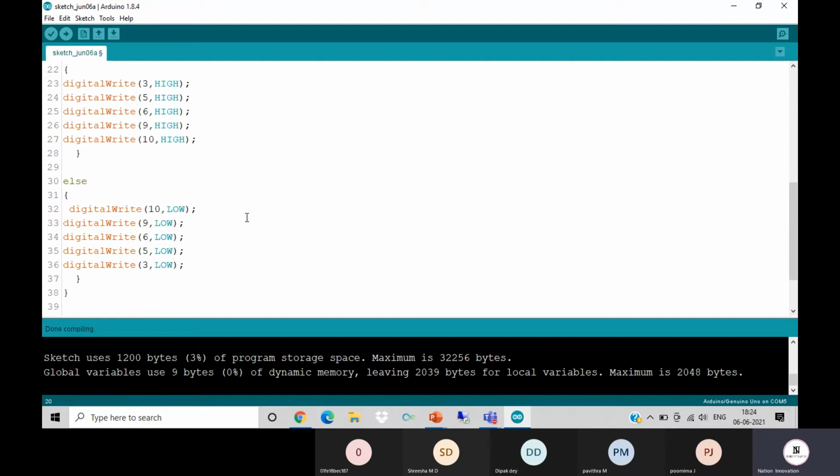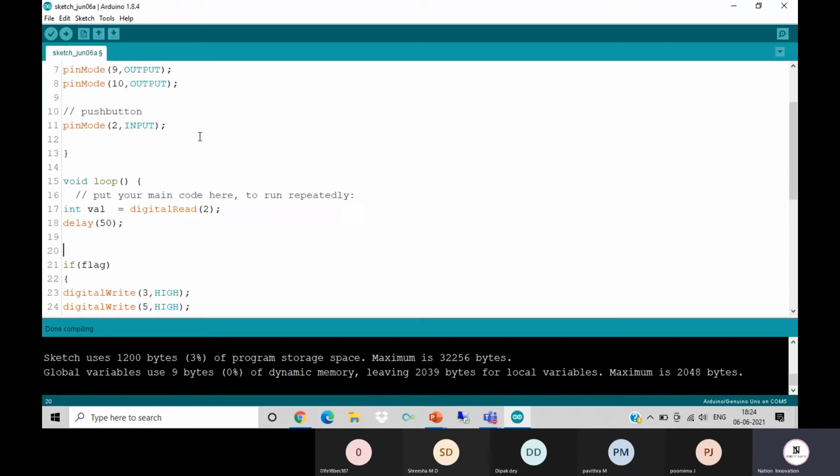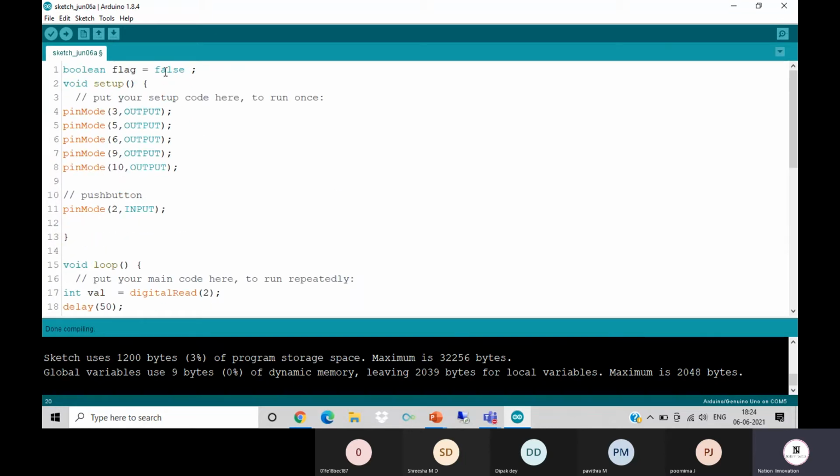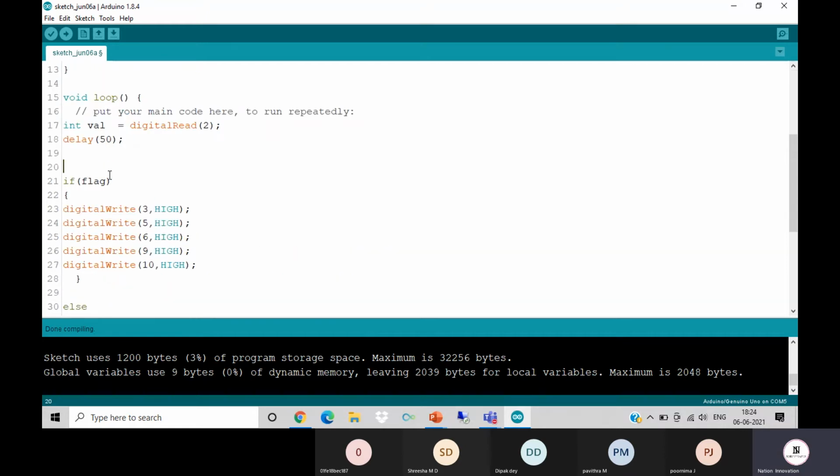Now how can we control this with the flag? It is going to tell us the status of the LED at present. If the flag value is true, that means the LEDs are turned on, and if the flag value is false, at present the LED is turned off. So if we change this flag value, we are going to change the status of the LED as well. How are we going to do that? We are going to use again this same thing,